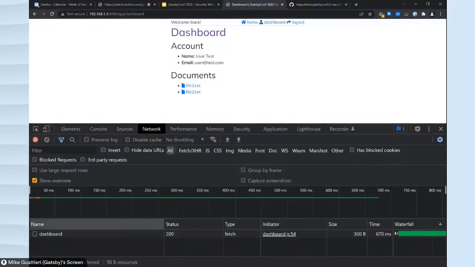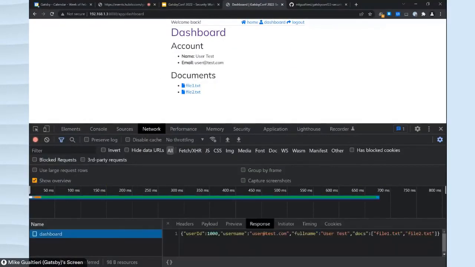So we're going to go over here to our network tab just to see what's going on when we click around. I'm going to clear this out, and I'm going to go home, and I'm going to go back here, and it's going to create a post request here at the dashboard. Okay, so when we click on this dashboard link, it's calling a serverless function that returns our user profile data. And you can see that here at the bottom of the screen. It's this JSON